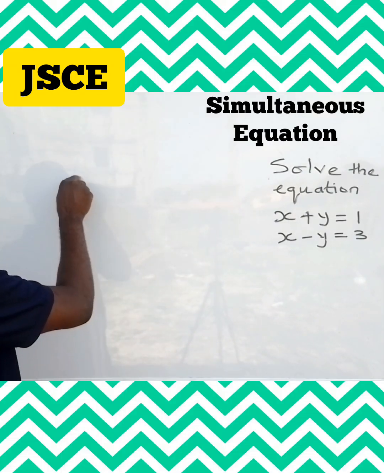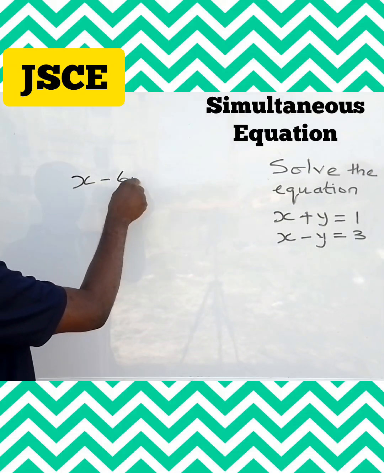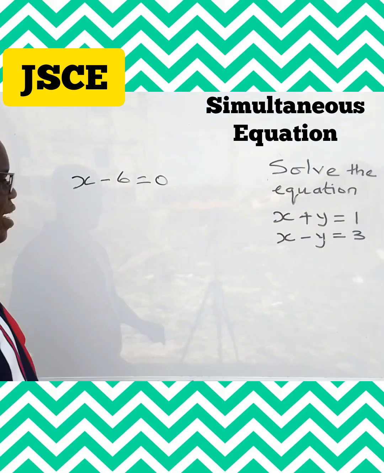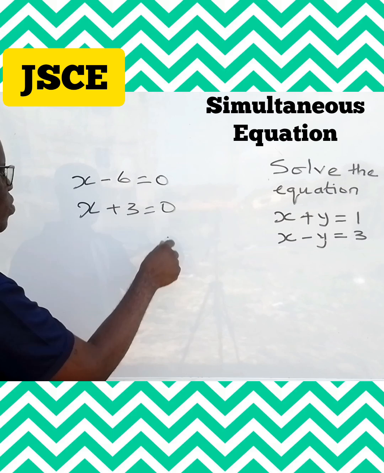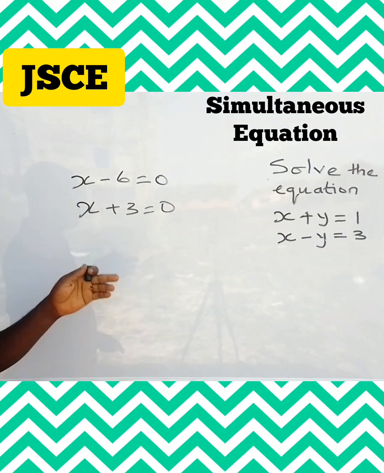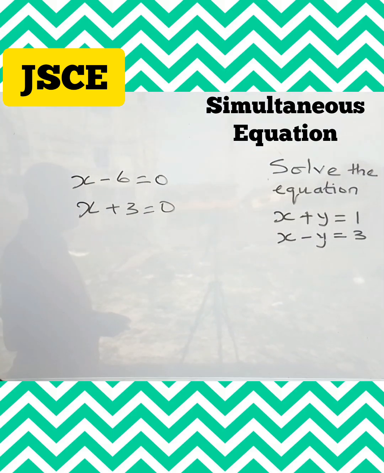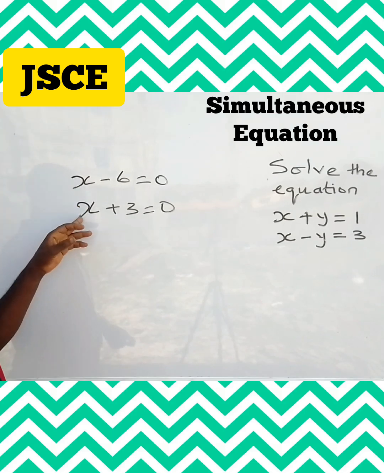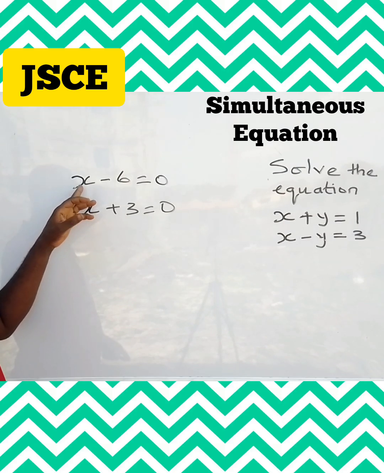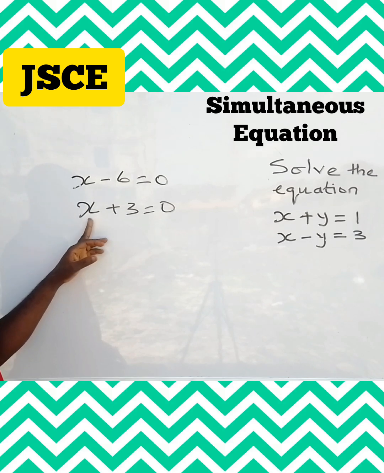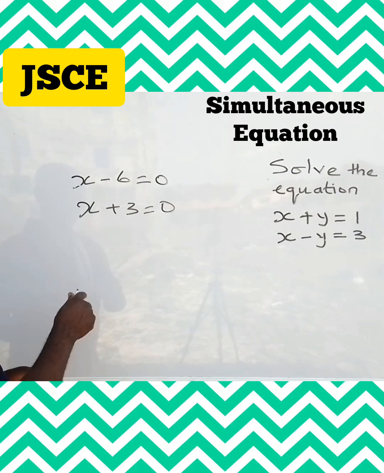Suppose you have x minus 6 equal to 0, and you have x plus 3 equal to 0. These two equations are simple linear equations. And in both equations, we have only one unknown, which is x. So x is unknown here, x is unknown here. Now, if you have this,